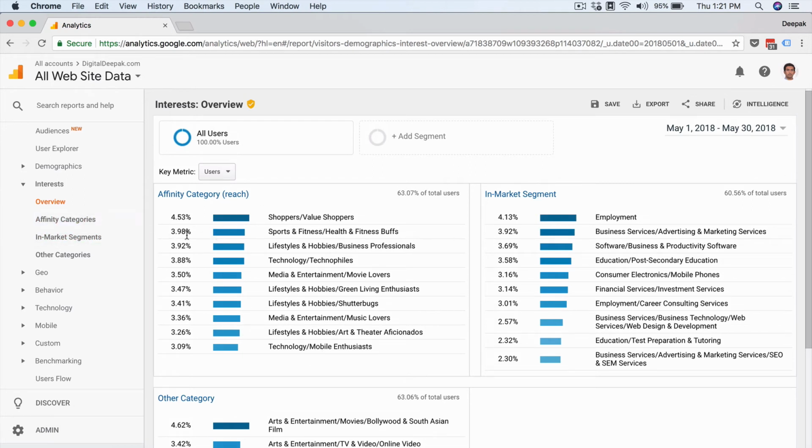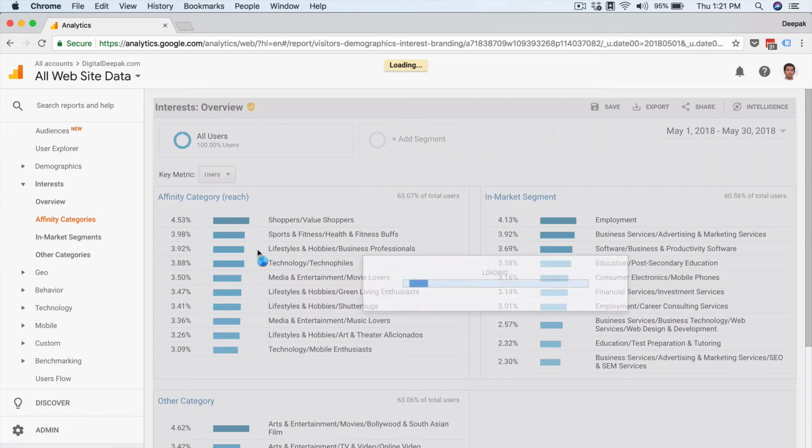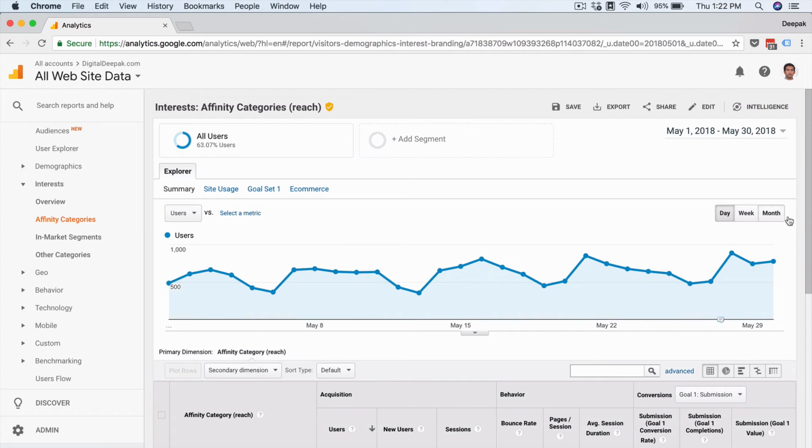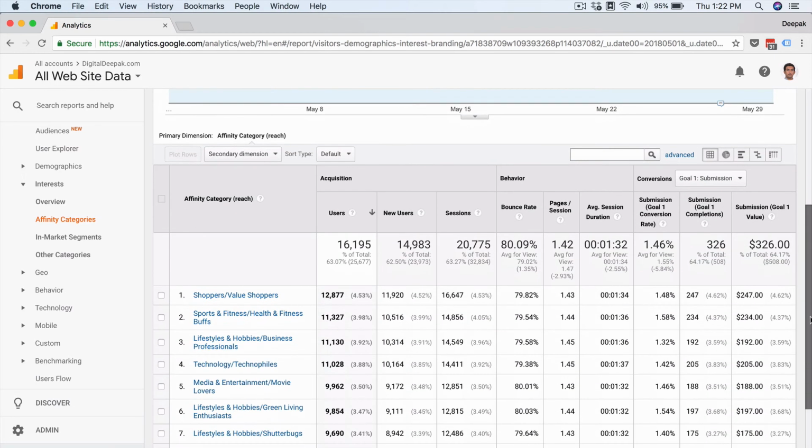If I have a specific lifestyle blog or a fashion blog, then I might be looking at a very long graph here, and maybe in technology I'm going to see a very short bar here, right? So you can go ahead and have a look at affinity categories. This will show you the different affinity categories, and Google will basically slice the existing data that you have based on affinity categories, and you might be